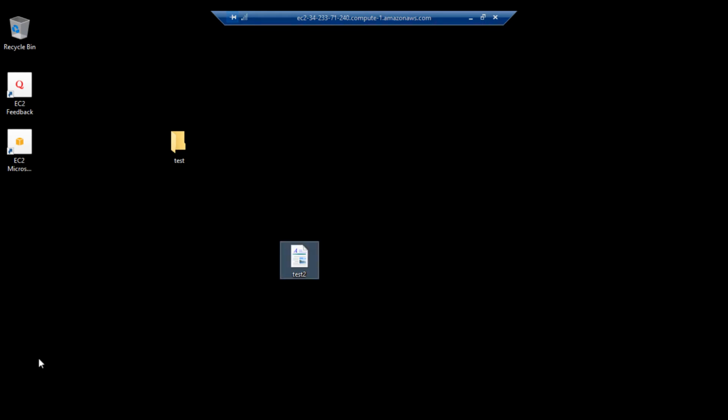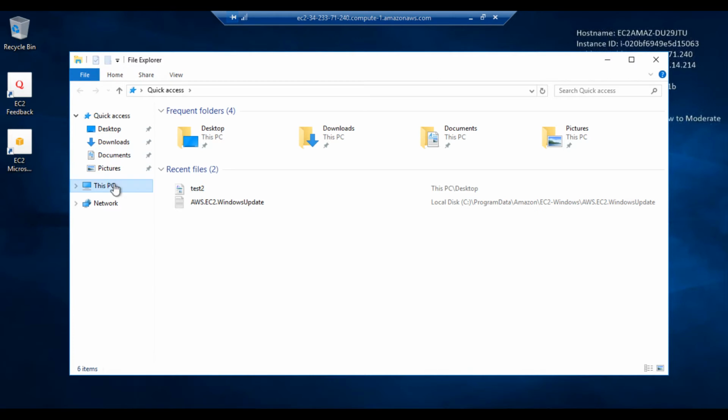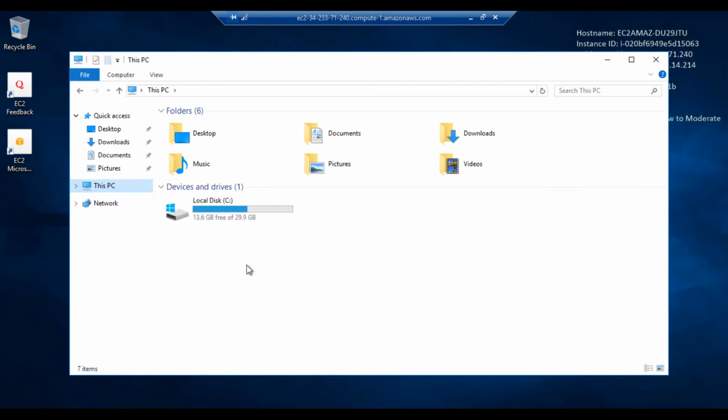On the desktop I have saved 2 files. So go to This PC. I see only one volume, right? Why?